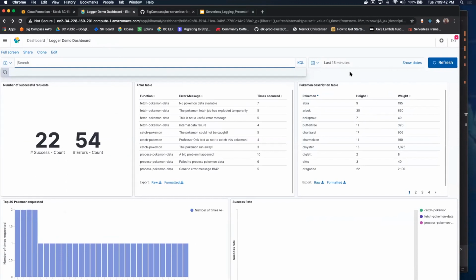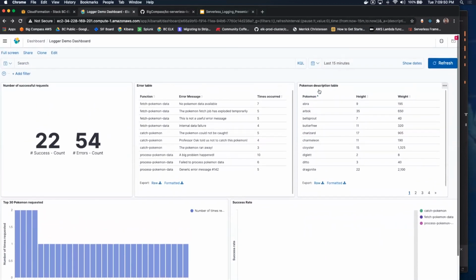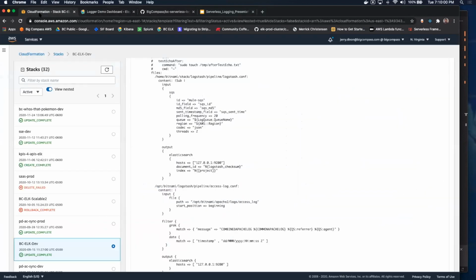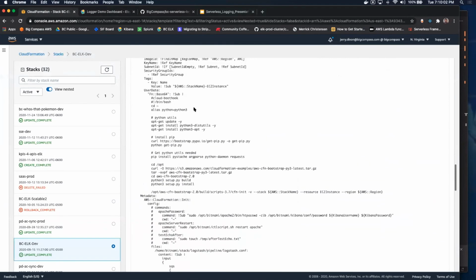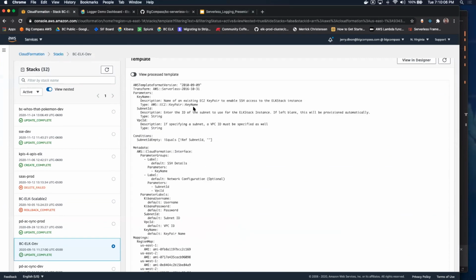So this is a Kibana dashboard, and this just has a few simple visualizations of some logs about our Pokemon data. The way we set this up was to use AWS CloudFormation to create an EC2 instance that houses our ELK